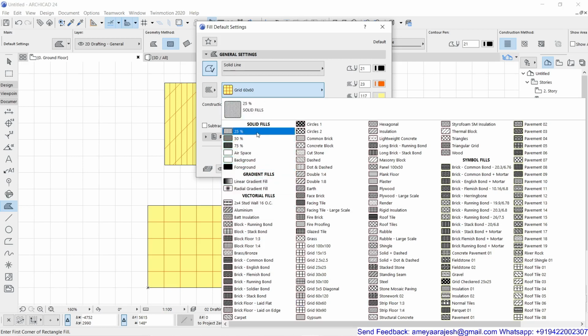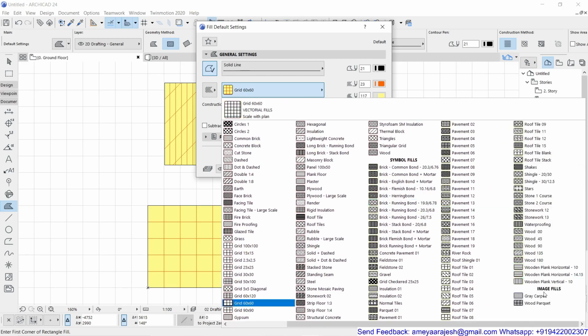The meanings are very much important, or the headings give you a clue. For example, the vectorial fields always carry the precision because they are designed with a vector, so all the patterns will be precise for their spacing. Symbol are nearer to that, so maybe there won't be the precision but nearer. And there is one more option, which was image. So in future when you learn how to customize your hatch, or a field, you will definitely see how to add your own image patterns also. Even this is very good in the presentation, so please try them.